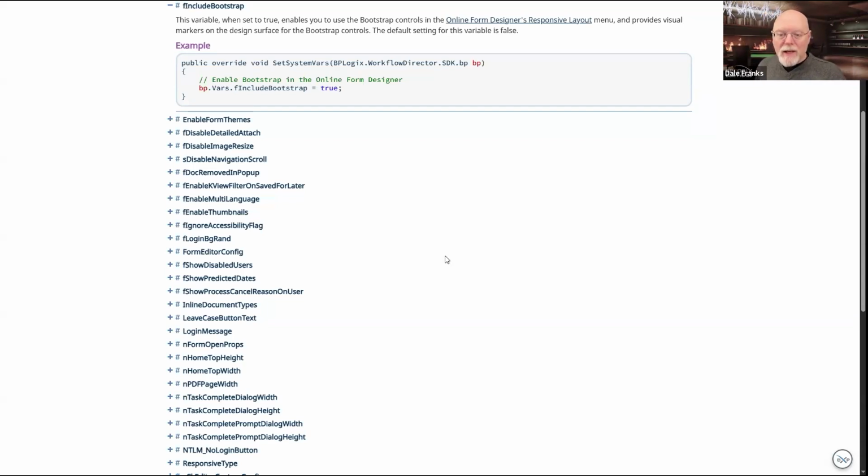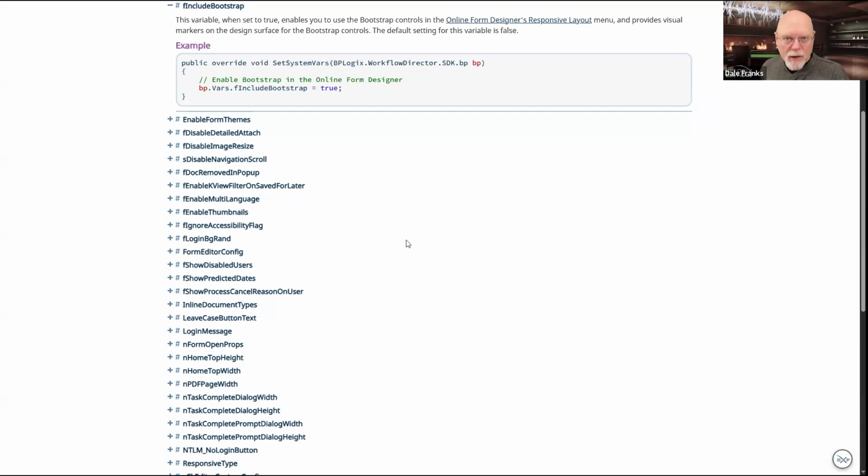So this has to be turned on in your custom variables file. If you're a cloud customer and you don't have access to your custom variables file via an SFTP account, then you can simply submit a tech support ticket if you want these controls turned on. Tell us to alter the VARs file for your development or staging or production system so that the responsive layout controls can be turned on and that you can use them.